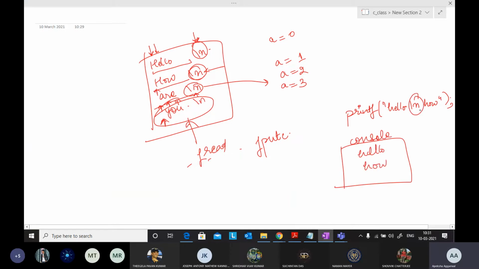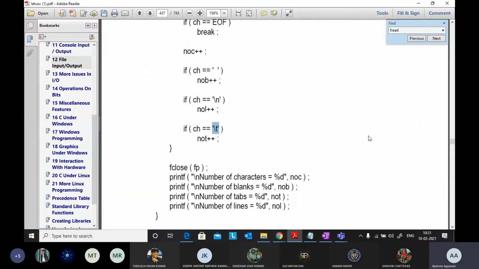It will not print this \n. So \n, \t, \a, so many backslash characters are available, and you can use these to specify what you want to do with the text that you have right now. So counting number of characters, how is it counting?